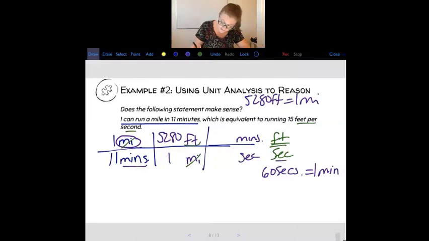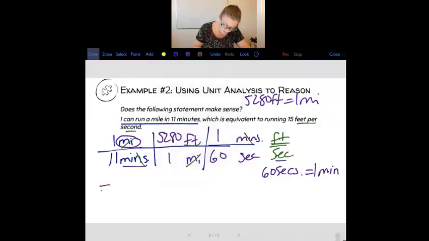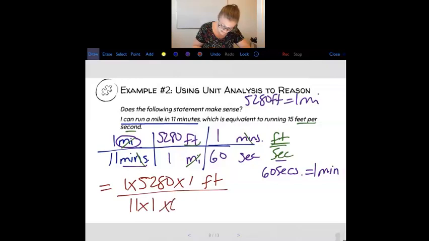Okay? We know that there's 60 seconds per minute, so we have 60 per 1 minute, and that would mean that our minutes cancel out. So if we take a look at this, our miles cancel with miles, our minutes cancel with minutes, and we're left with feet per second. Now to solve this problem, we multiply what's left on top. 1 times 5,280 times 1, and we know that this is in feet,